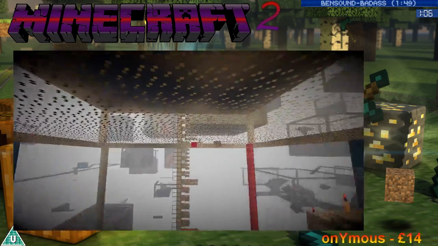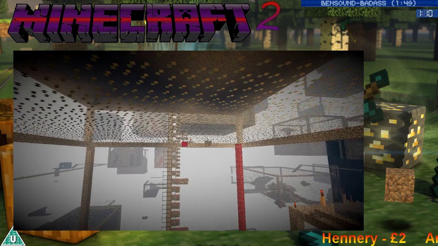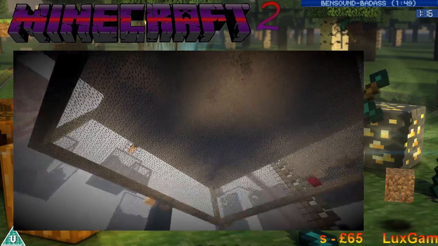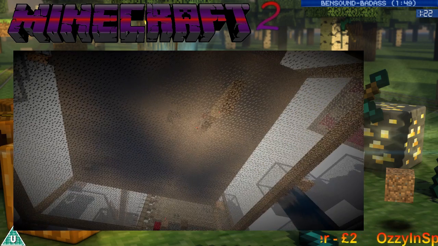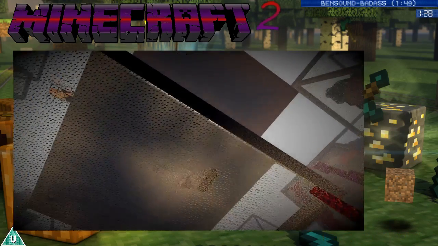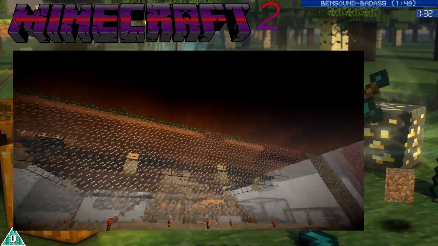So, I want to put it underneath, but several things. We've got to have it far enough away from that bottom layer so that iron golems don't form inside my cube. That's the first thing. But also, one of the first things that we've actually got to do